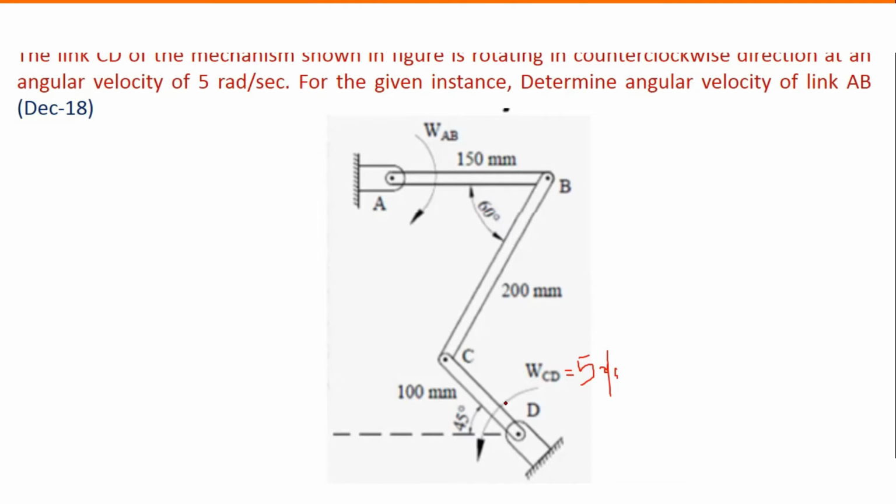First we have to draw ICRs. You must be observing that there are 3 links associated in this particular diagram. One link is link AB, other link is link BC, and third link is link CD. So as there are 3 links, there will be 3 ICRs. Now let us start with link AB. Link AB is hinged at this point. Okay, that means this is the point of zero velocity. Hence, I will say that this point is an ICR for link AB.